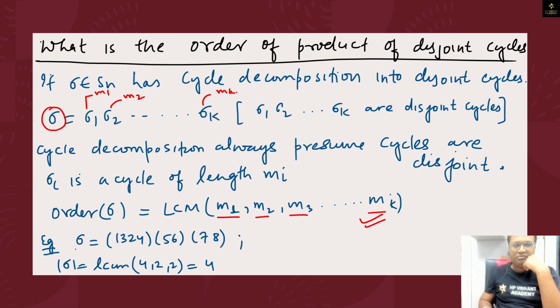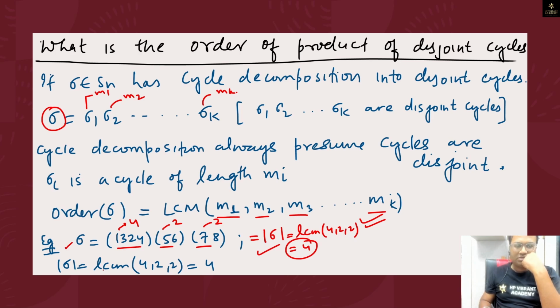तो यहाँ पे देखो सिग्मा को हमने डिसजॉइंट साइकिल्स के फॉर्म में डिकम्पोज किया है। तो (1 3 2 4) का लेंथ 4 है, (5 6) का लेंथ 2 है, (7 8) का लेंथ 2 है। तो सिग्मा का ऑर्डर LCM ऑफ 4, 2 और 2, दिस इज इक्वल टू 4। समझ में आ रहा है? तो सिग्मा का ऑर्डर 4 हो जाएगा।